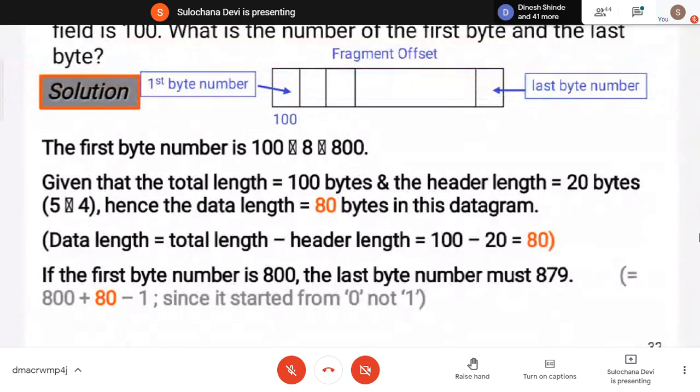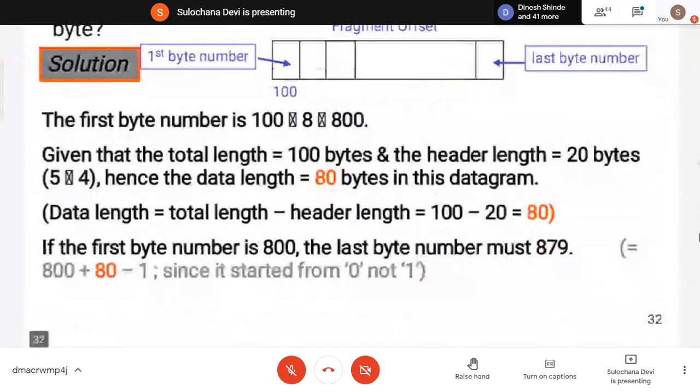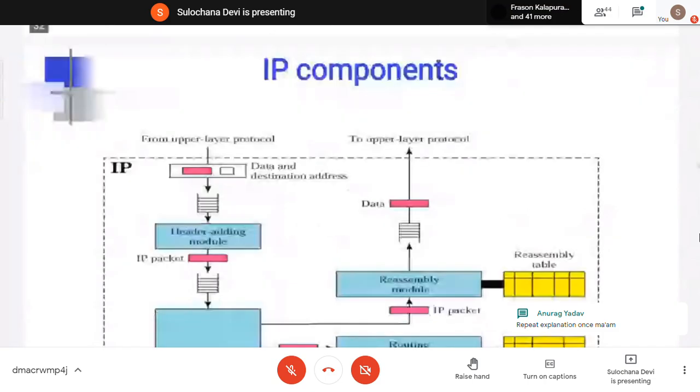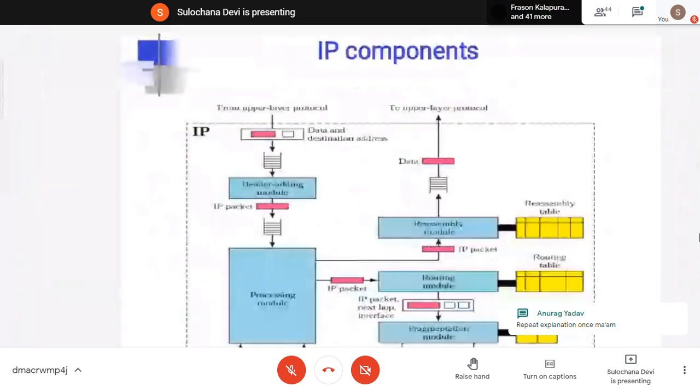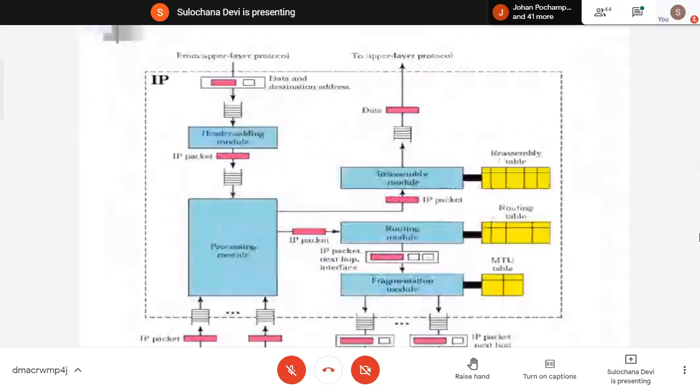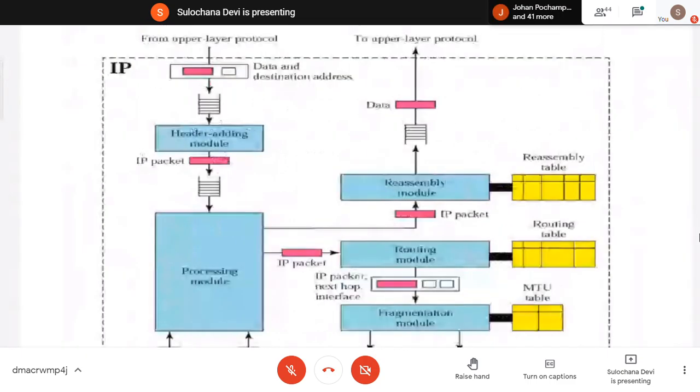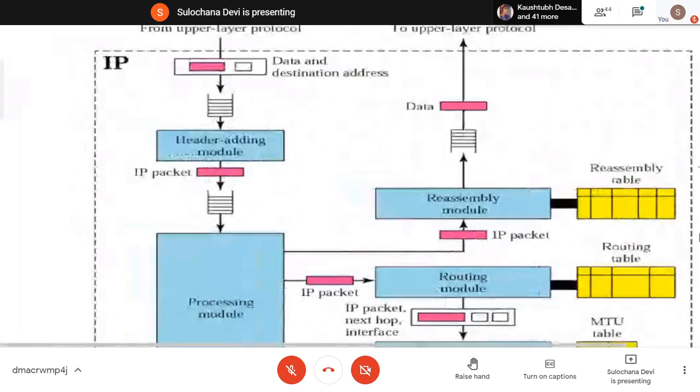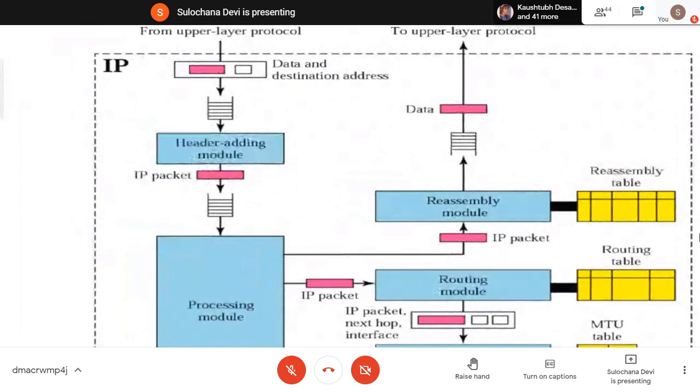Okay, very good. So now in the IP layer, the network layer, these are the components. When it is receiving the data from the upper layer, there is a header adding module. That will add the header, divide the segments received from the transport layer, convert them in the form of packets, add the header.